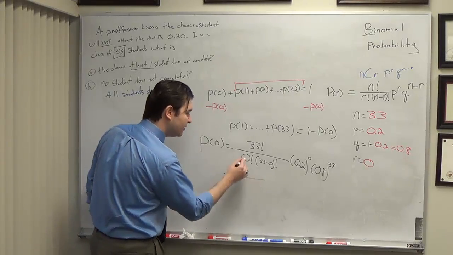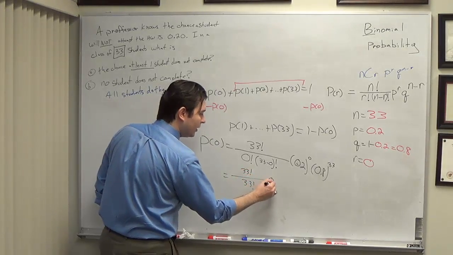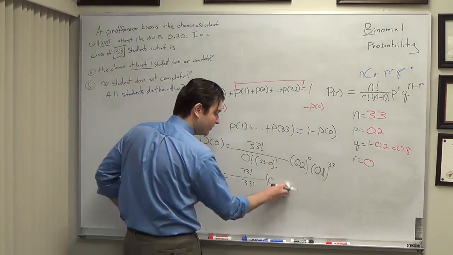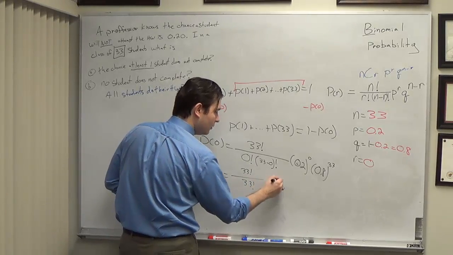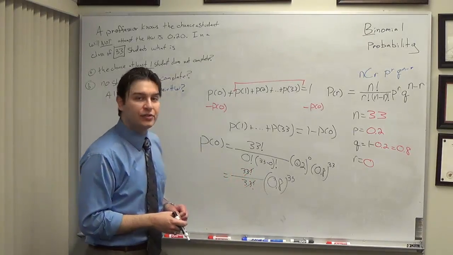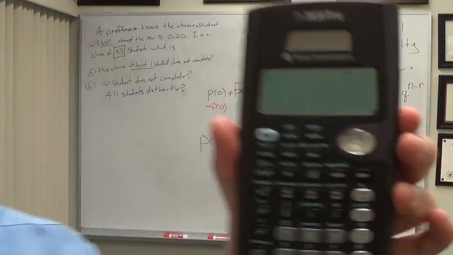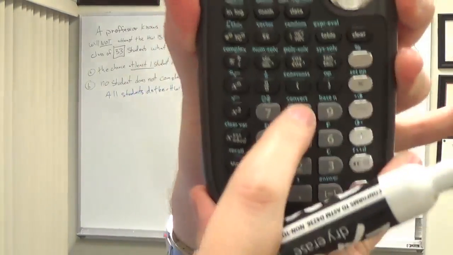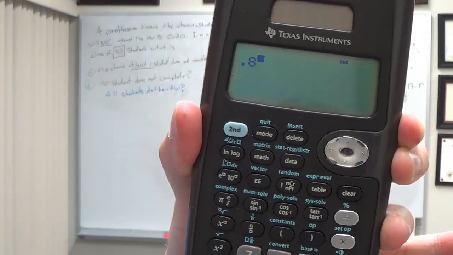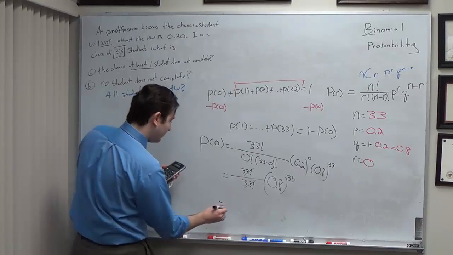Now, I could notice here that 0 factorial is called 1, and 33 factorial over 33 factorial, and 0.2 raised to the 0, any number raised to the 0 is always going to be 1 as well. That's just algebra. And these, of course, cancel out, so I really just have 0.8 raised to the 33. If you grab your calculator and hit the on button, you can have 0.8 typed in here, and then we have this exponent button here, and I hit that, and then I type in 33 and hit enter. When I do that, I get a very small number,